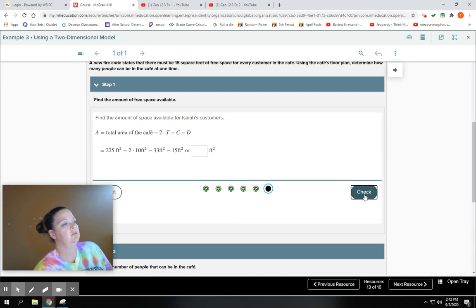And then, I know it seems like a really long process, we take all those and plug them back into that first equation that we came up with. So we've got 225 minus 2 times 10 minus 33 minus 15. And remember, order of operations, we have to do that little multiplication right there first. So it's actually going to be 225 minus 20 minus 33 minus 15, which is